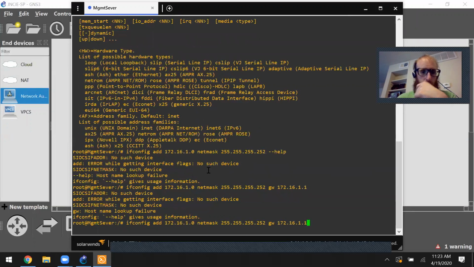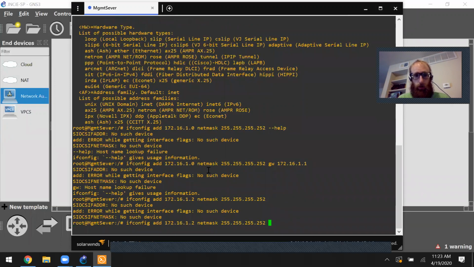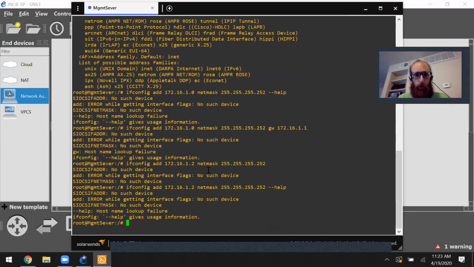Oh, right. This is how you add an address to the eth0. So this, and then I'm going to need a flag for, if we go, so ifconfig help,